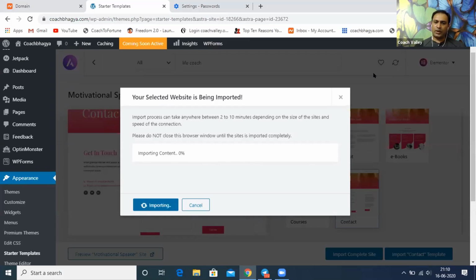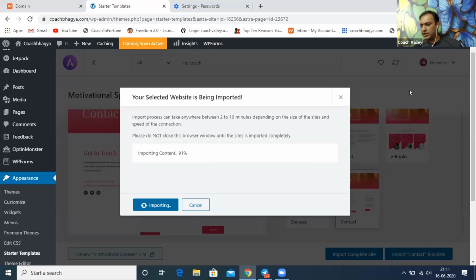So I want to ask one by one now, while this is happening, who has completed the steps till now? You can unmute and talk, please. I have come till import the site, but I didn't take it because I wanted to review other templates. Super. So now you know what you do is you can choose any template and click on import. Okay, now importing is at 91%. Soon it's going to be 100%.